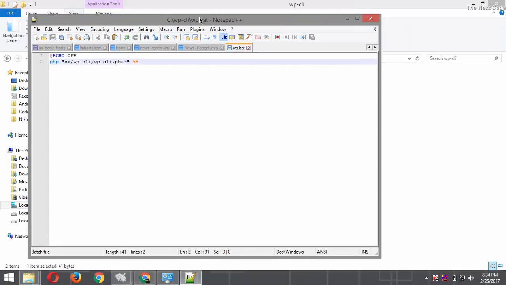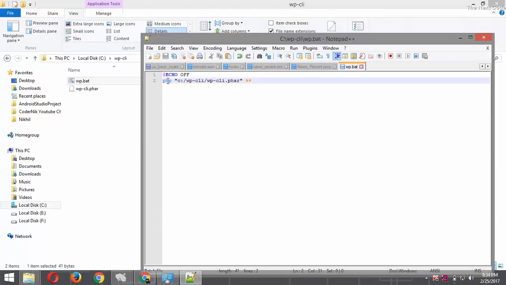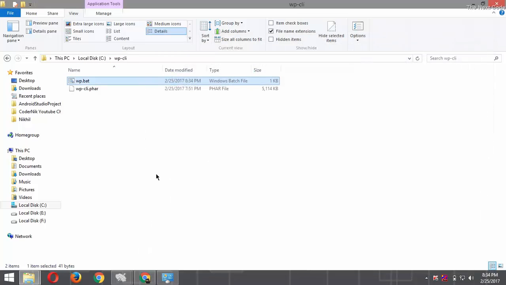And here you can see PHP is executing this phar file, and the path is right, you can see. Now just close this window.